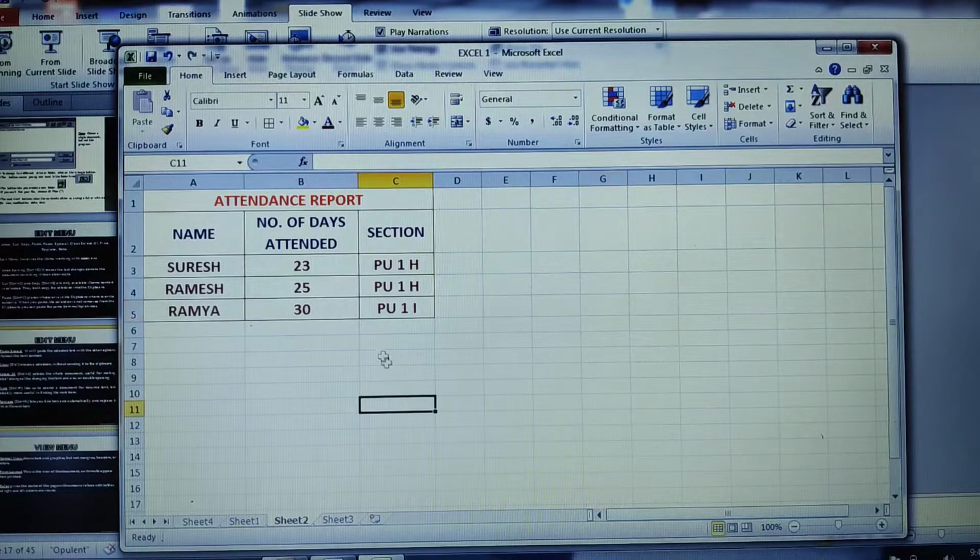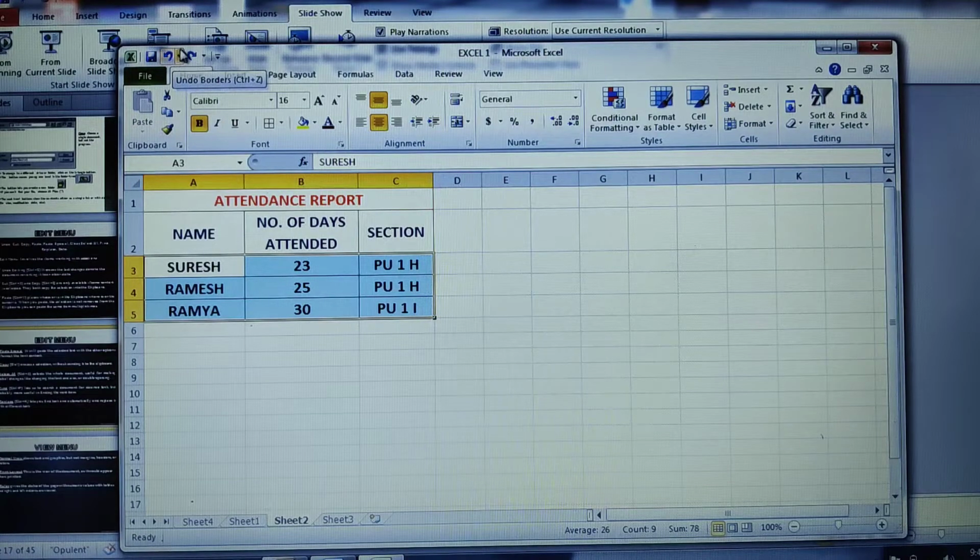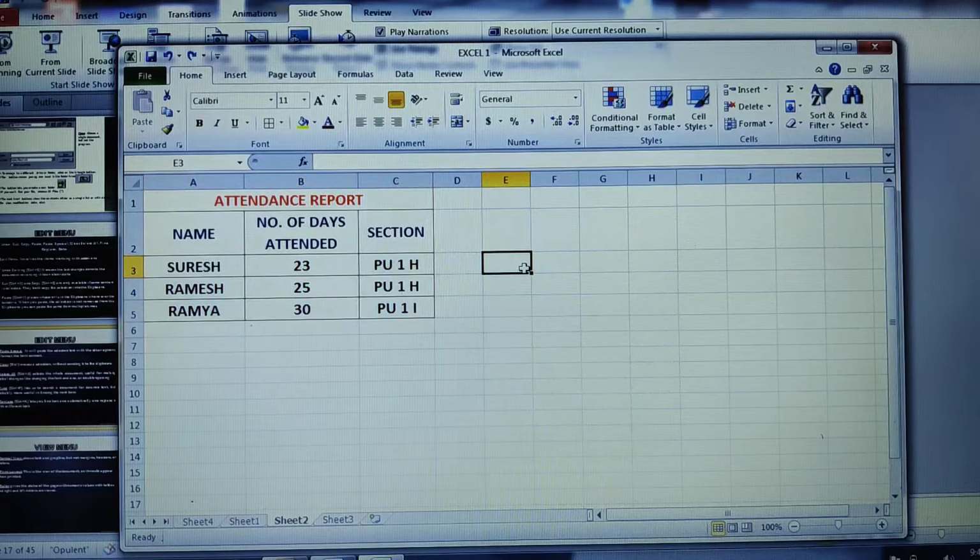Now I'll be showing you how to do cut, copy, paste. Recently I've changed this particular font color, but I don't want that. I just want to retain my older state itself. Directly I can go for Control Z. See, here you have the undo shortcut key, here you have redo. If I go for redo, I'll retain the newer state. If I go to undo, I'll go back to the older state. This is an option.